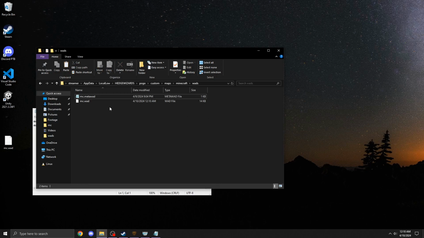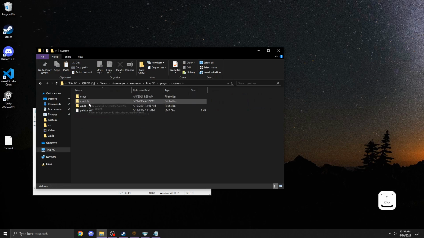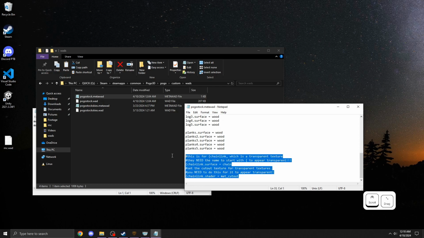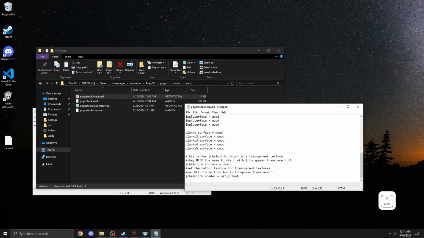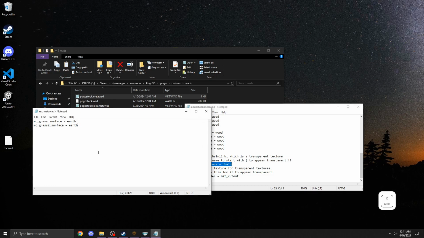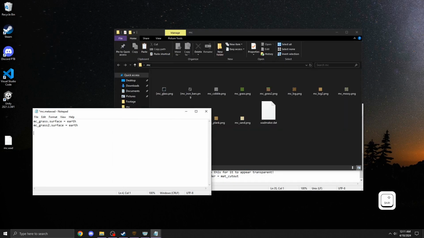Since the last video, I've actually updated the meta WAD that comes with Pogo3d as well. So if I go to the build folder for Pogo3d, open up pogostock.metawad and scroll down, you can see there's an example with some explanation. That's what these pound signs are. They're comments, by the way. So like here, it's setting the surface sound effect to chain, which we're probably not going to do for glass, right? But let's just